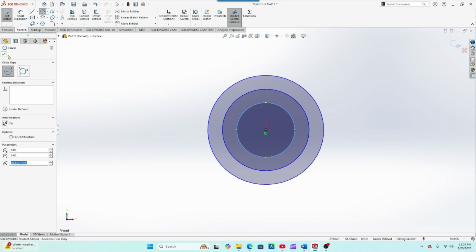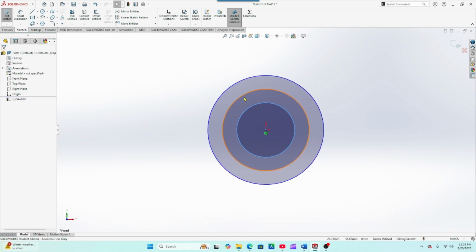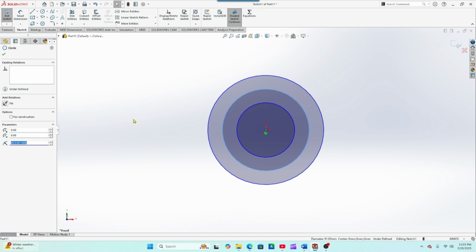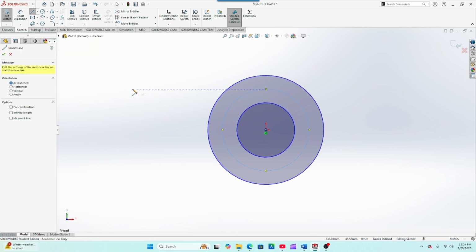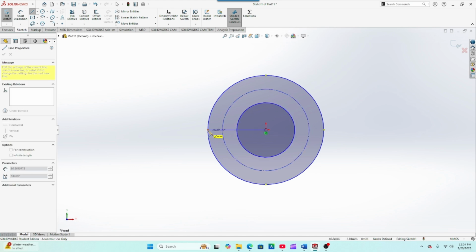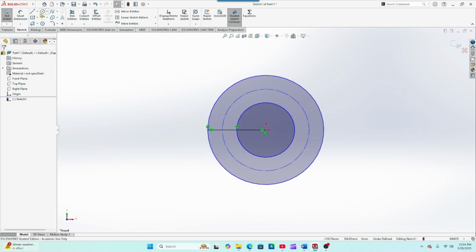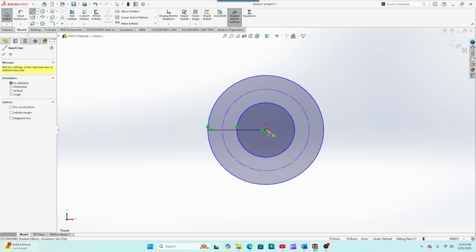All right. So now, exit out of there. The circle that we did in the middle there that had a radius of 45, we are going to make that one for construction. And then I'm going to exit out of here. I'm going to go to my line drawing tool and I am going to start from the center or origin for our drawing here. I'm going to draw horizontally to the left to the tangent point of my circle, and I'm going to go ahead and click, and then we'll do one more line straight down